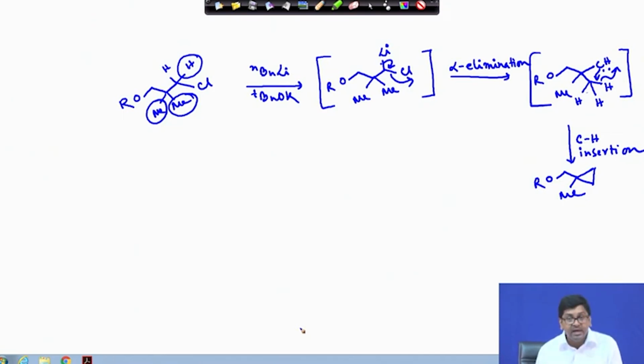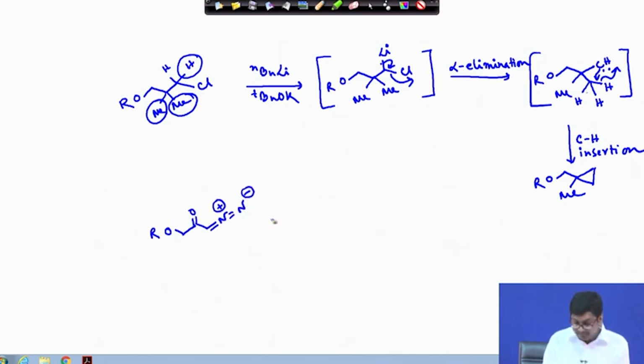As an example, if there is a solvent like cyclohexane, the carbene will be inserted into the carbon hydrogen bond of cyclohexane and give the corresponding product. So, if we have this type of diazo compound as the carbene precursor, and cyclohexane is the solvent here,